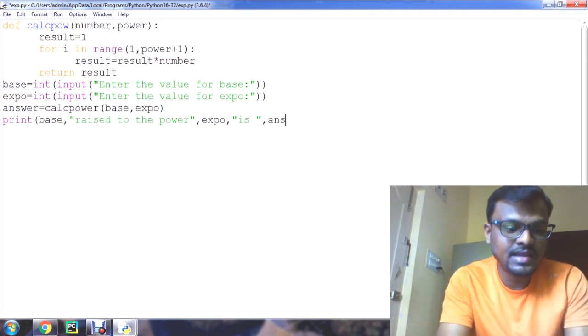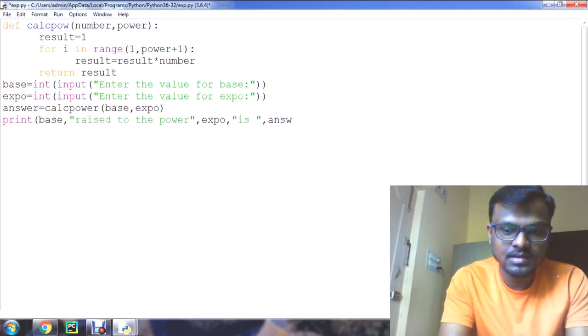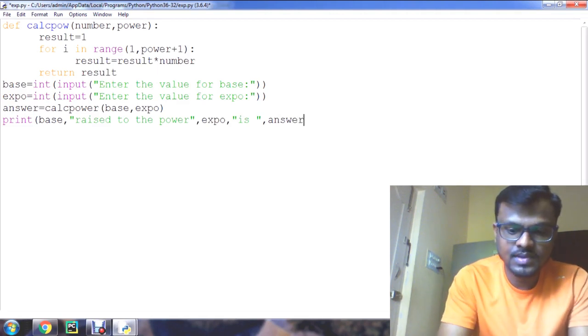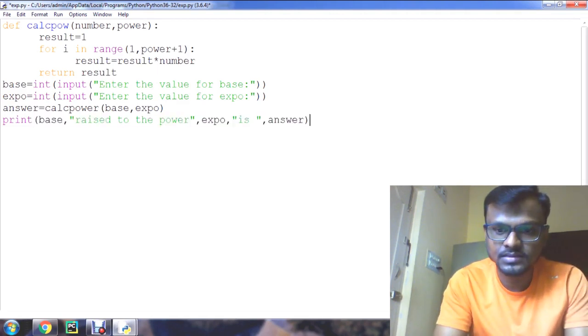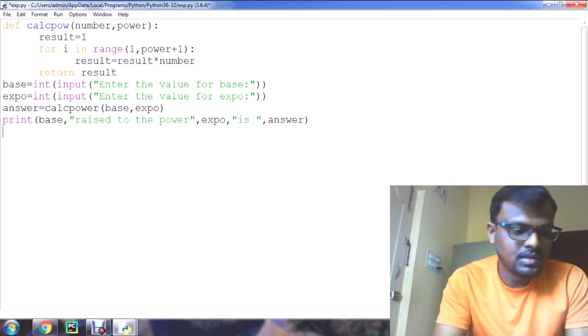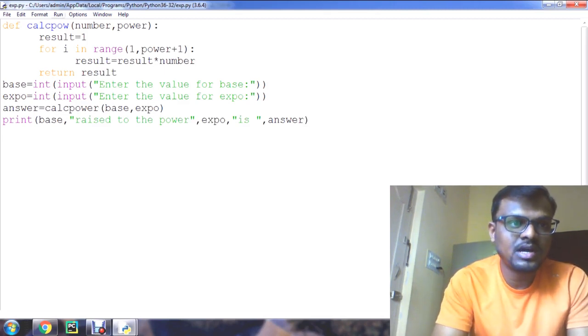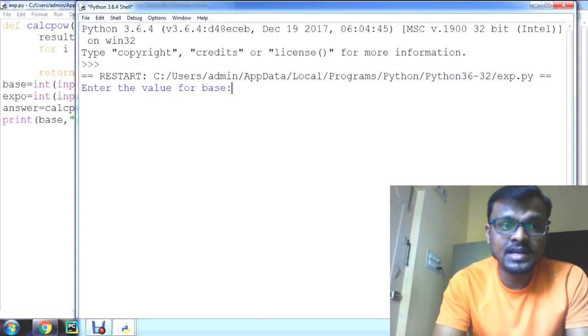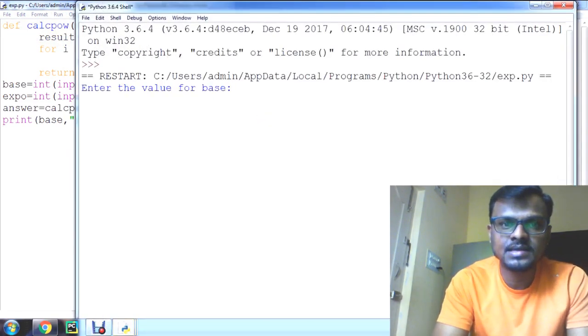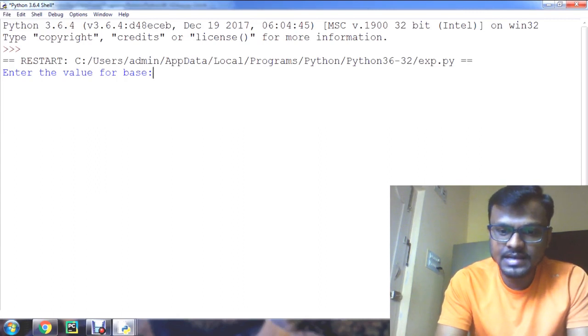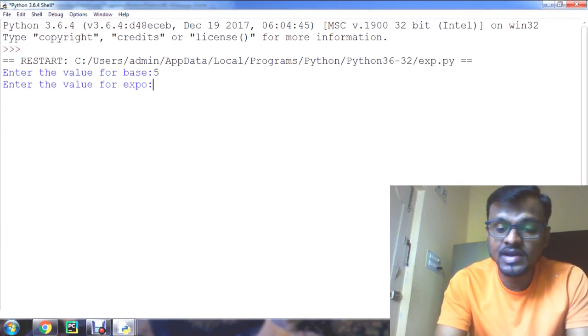It is saved in the answer variable, so enter answer. Now save the program and run it. So enter the value for base, I will enter 5. Enter the value for expo, I will enter 4.